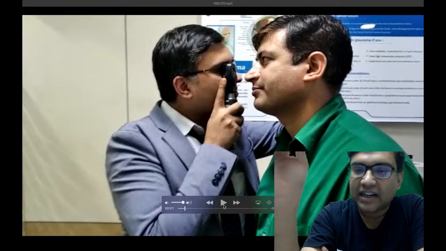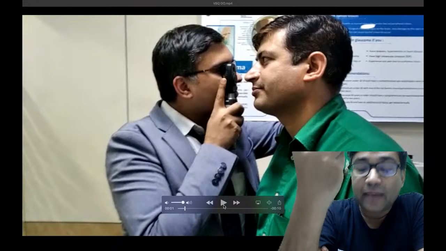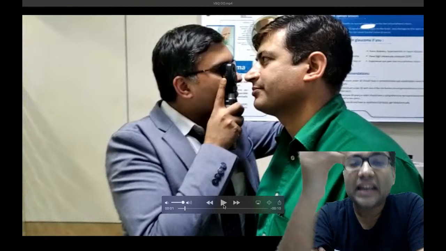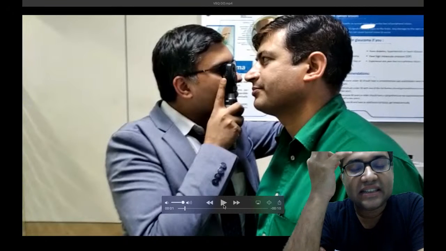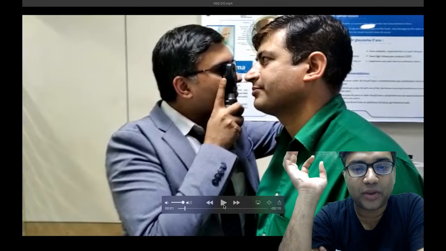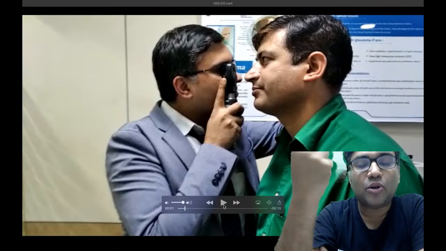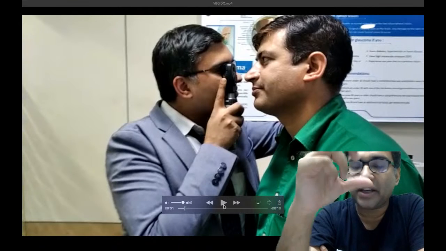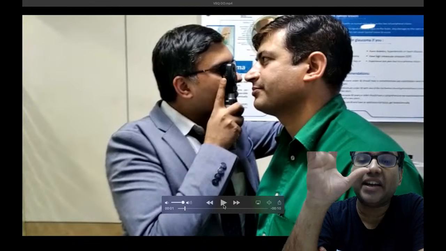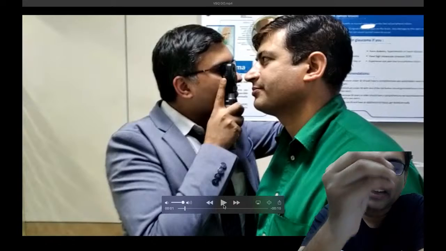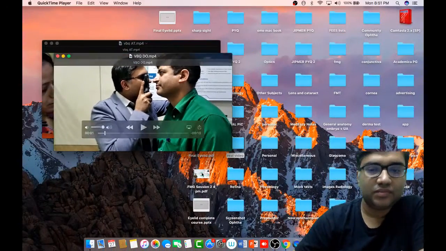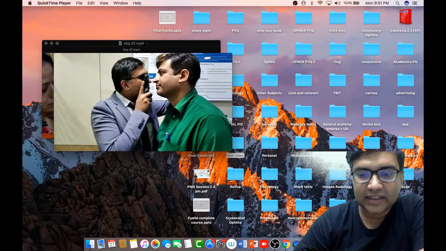What are the two things we can detect with this? We can detect any abnormality in the optic nerve, or any abnormality in the macula, from this direct ophthalmoscopy. It can tell us about the status of the optic nerve head and macula. Remember, a direct ophthalmoscope cannot see the periphery of the retina. For the periphery of the retina, we need another investigation. Let me show you another investigation.